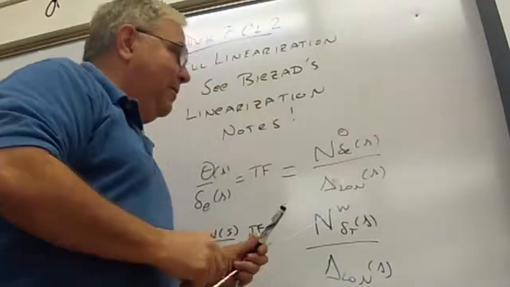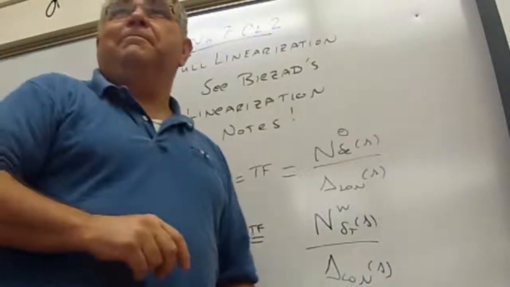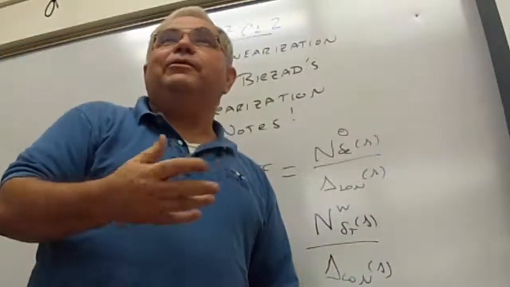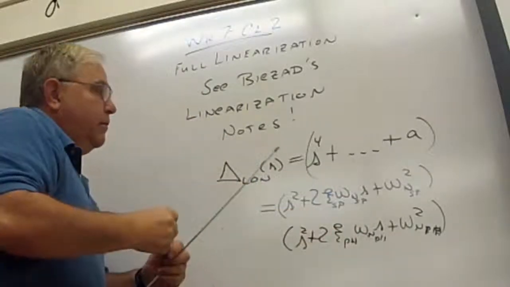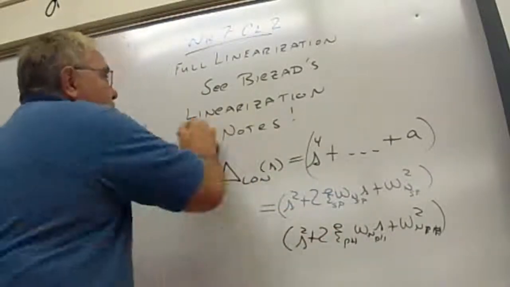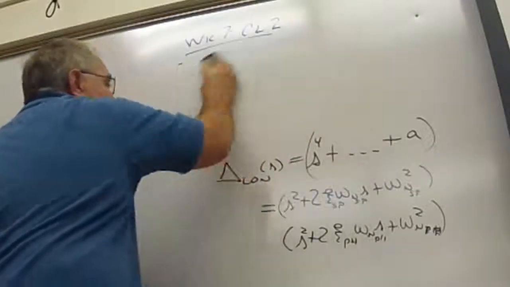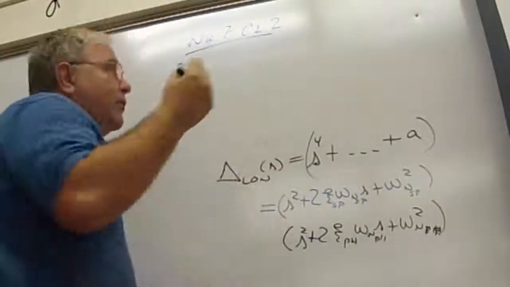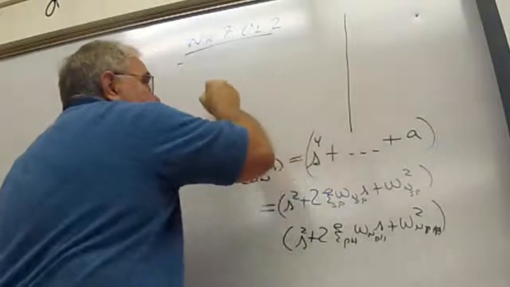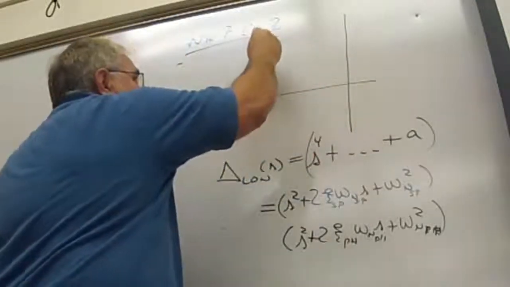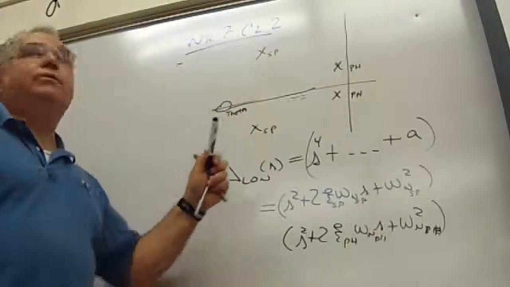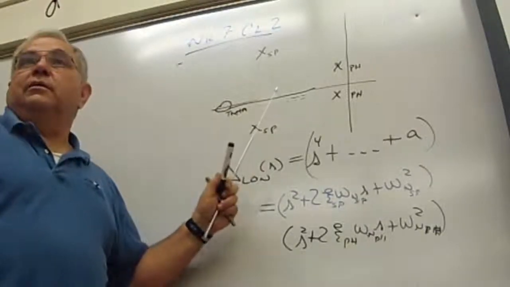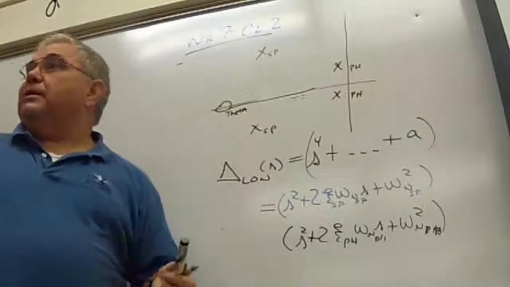Do you see something common in those solutions? The del, the denominator, never changes. They're the product of these roots. There's 4 of them. So those 4 roots, if I were to plot them, always, for a conventional looking airplane, end up like this. There's 2 of them. The roots always stay the same no matter what transfer function I pick. The zeros are going to change. Therefore, the root locus is going to change